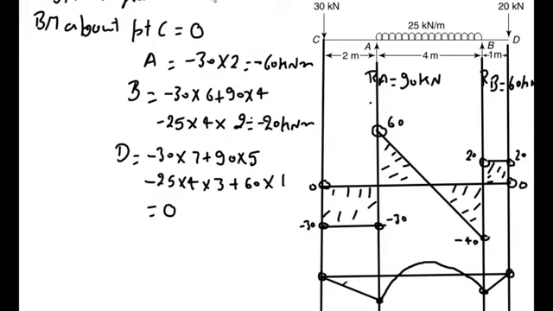So now we have to find out the position and magnitude of maximum bending moment. This is the point where shear force diagram changes from positive to negative. Here bending moment is maximum. Suppose this is point E on the beam, and which is at a distance of x meter. So now we have to find out the position of this point and magnitude of bending moment at this point.